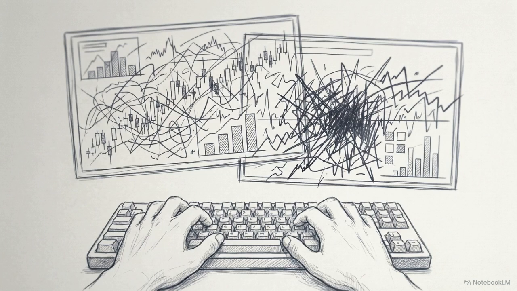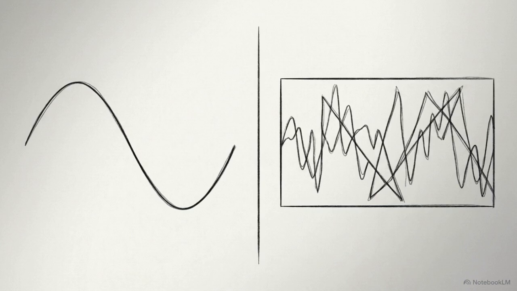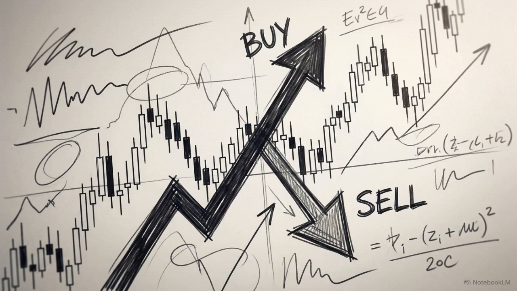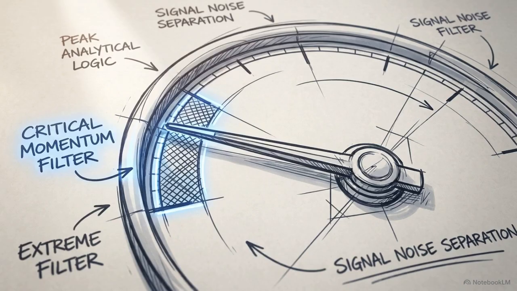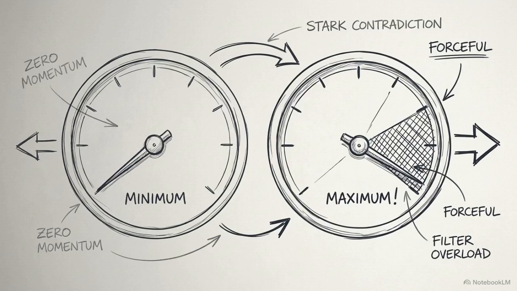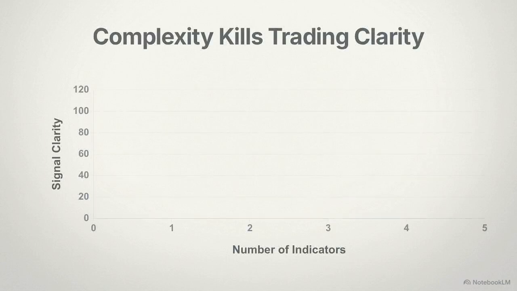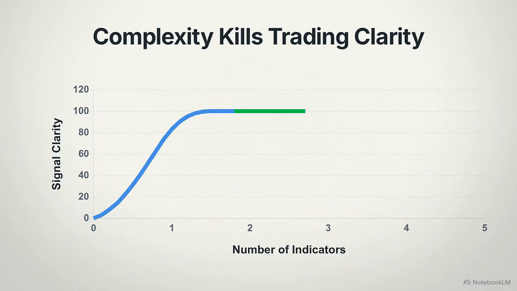Intermediate traders often try to eliminate the weaknesses of both categories by combining them. They hope to use lagging tools for confirmation and leading tools for timing. In practice, this often leads to a stalemate. You will frequently face scenarios where your RSI momentum tool screams to sell, while your moving average trend line confirms a signal to buy. This chart plots the relationship between the number of tools you use and your ability to make a clear decision. On the horizontal axis is the number of indicators. On the vertical axis is your